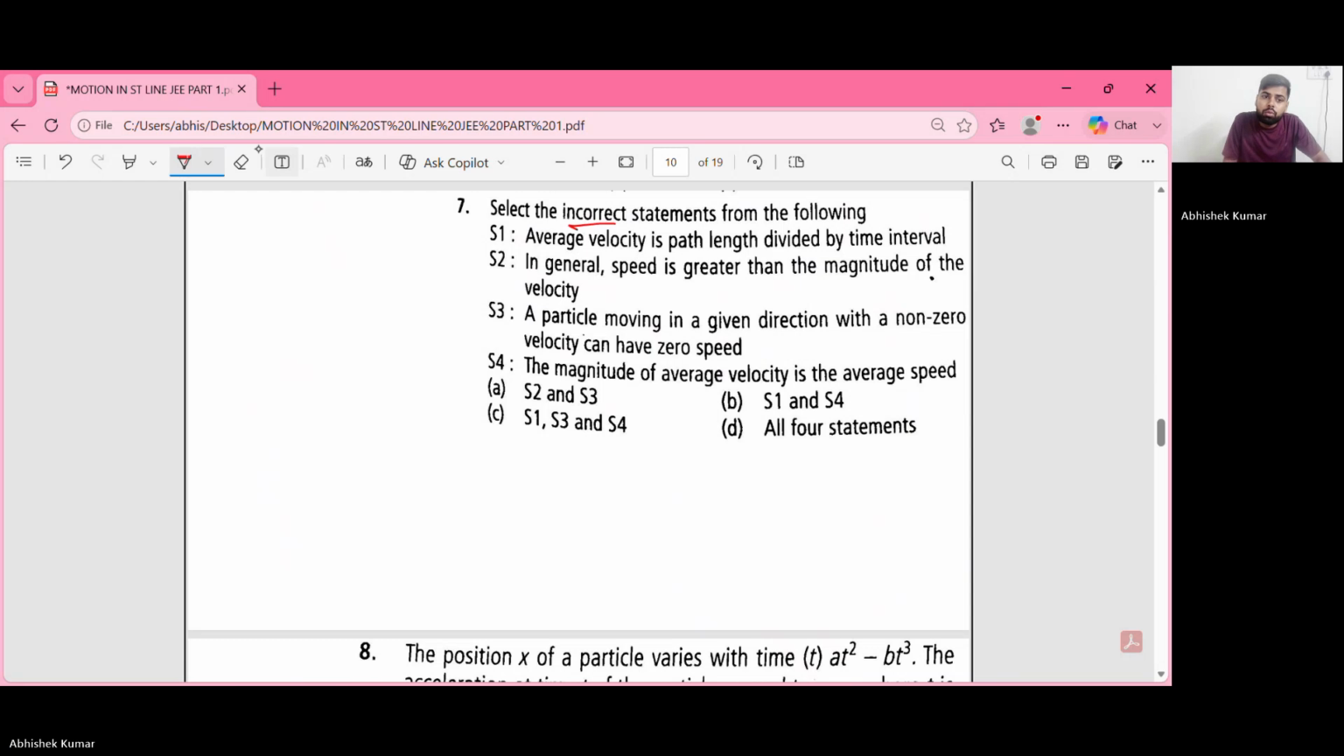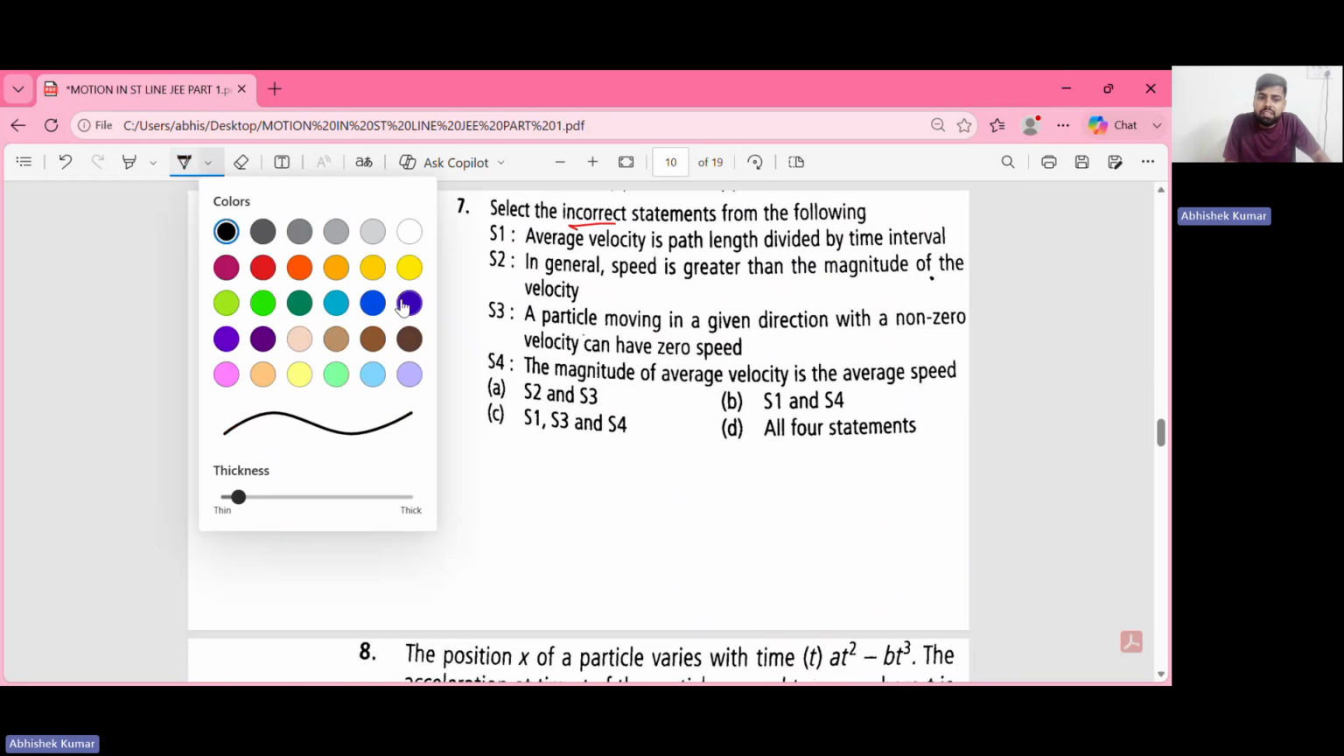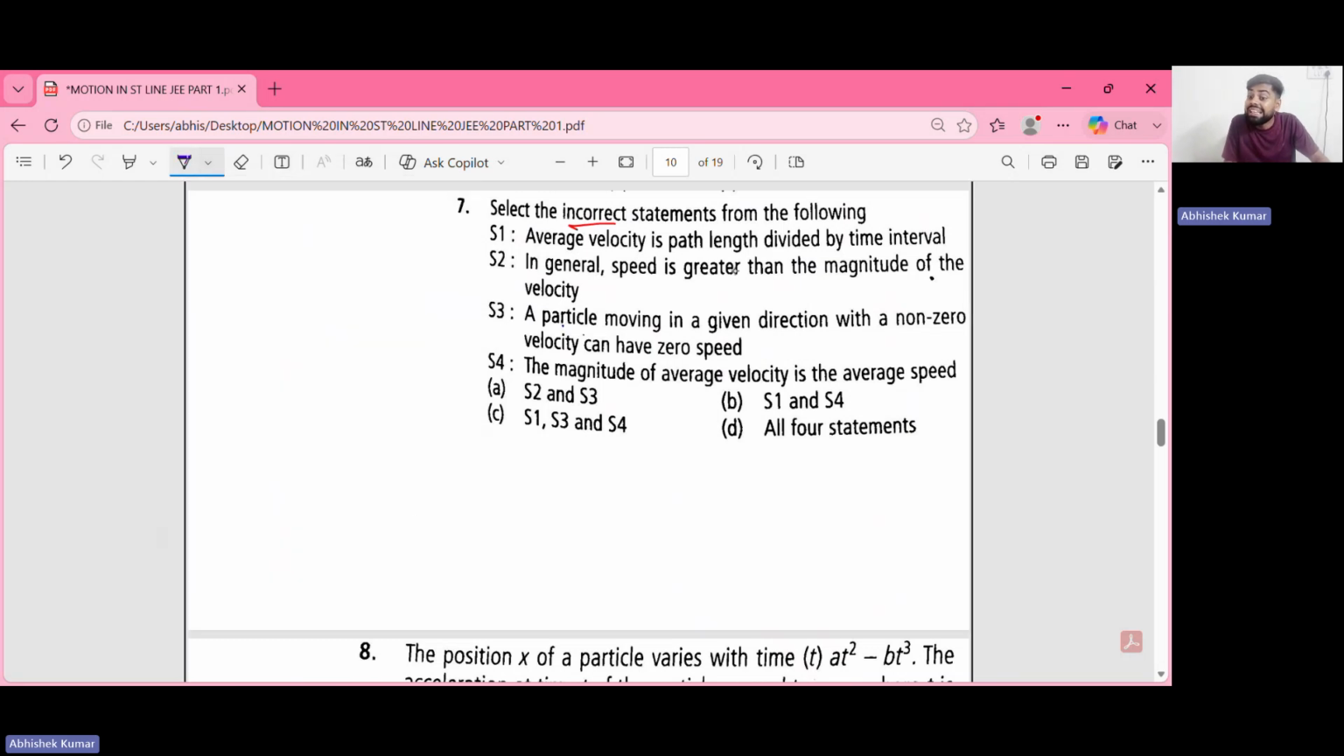Okay. Average speed, we know that, and average velocity, we know that. What is average velocity? Total displacement by time. It is not total distance by time. Path means what? Distance. So the first option is wrong, it is incorrect. In general, speed is greater than the magnitude of velocity. Yes, it is true. In general, only in a straight line, if they are going in the same direction, then only